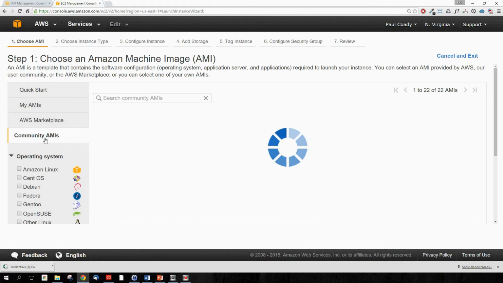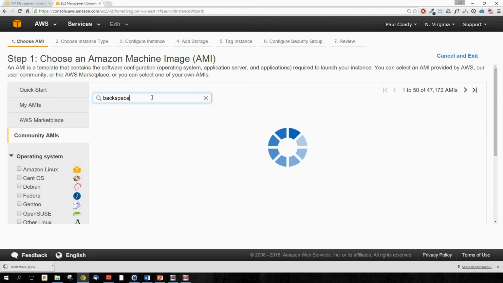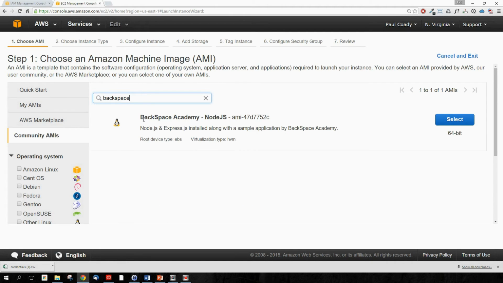So we go into Community AMIs, and there is one that I've prepared for you, which will save you a lot of time. So if you just search BackSpace, you should be able to find it. So go into Community AMIs, BackSpace, and there you have the BackSpace Academy NodeJS AMI. So this is going to have Node and Express already installed. It'll have a sample application on there. It'll have the AWS command line interface on there. It'll have the AWS NodeJS software development kit, and it will also have a few things already set up in Linux as well to run Node. So we select that,